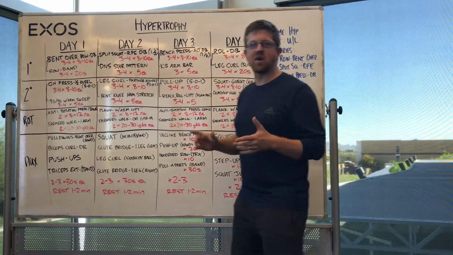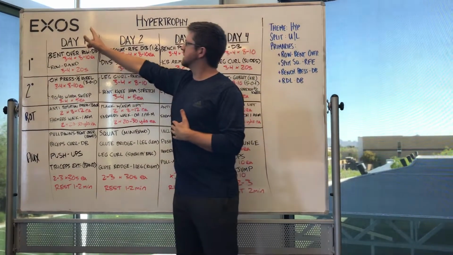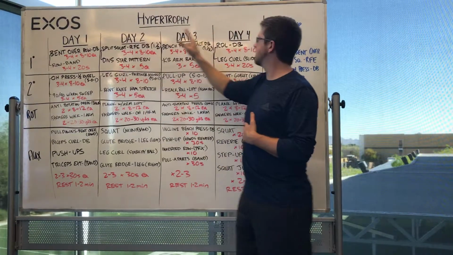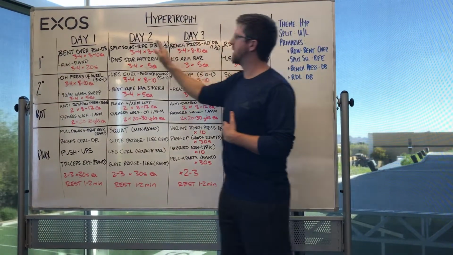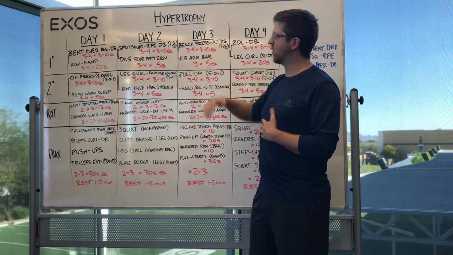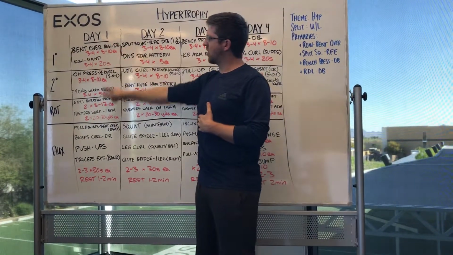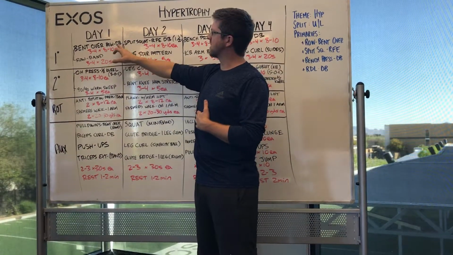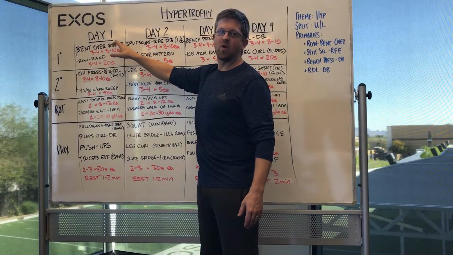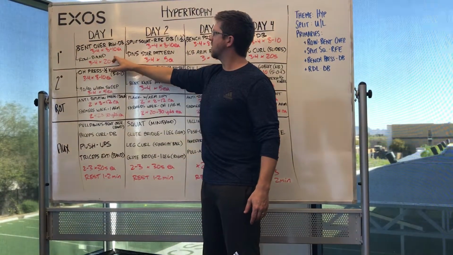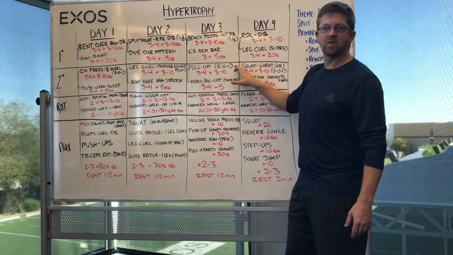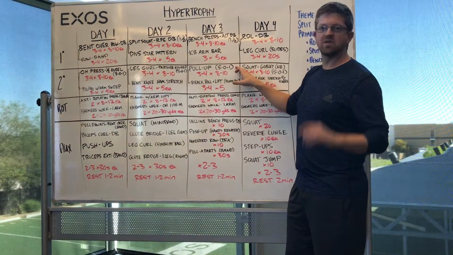I want balance across the week. So I know that this is an upper day, this is an upper day, this is a lower day, this is a lower day. I've set my primaries, and everything else from there fills in a cascading order. So instead of doing all of day 1, consider this across the week. If this is a bent over row dumbbell, that is a horizontal pull. I know that on day 3, my secondary is also going to be a pull, but I want to flip